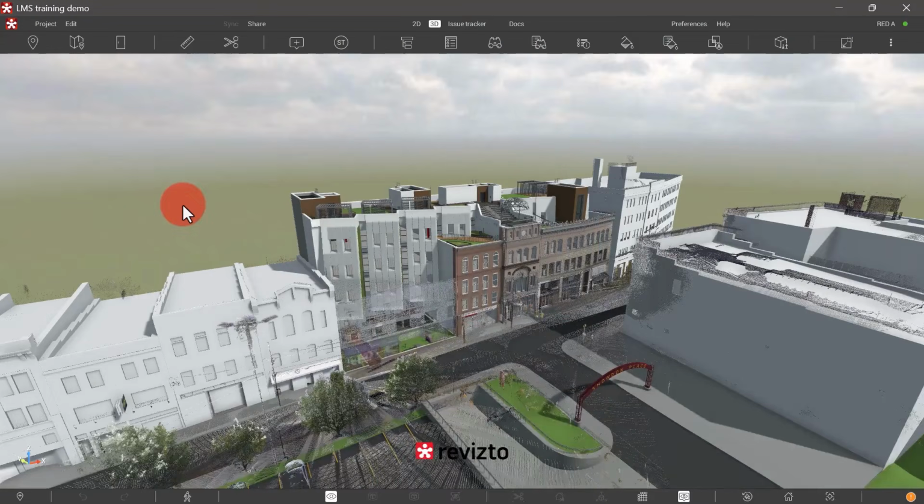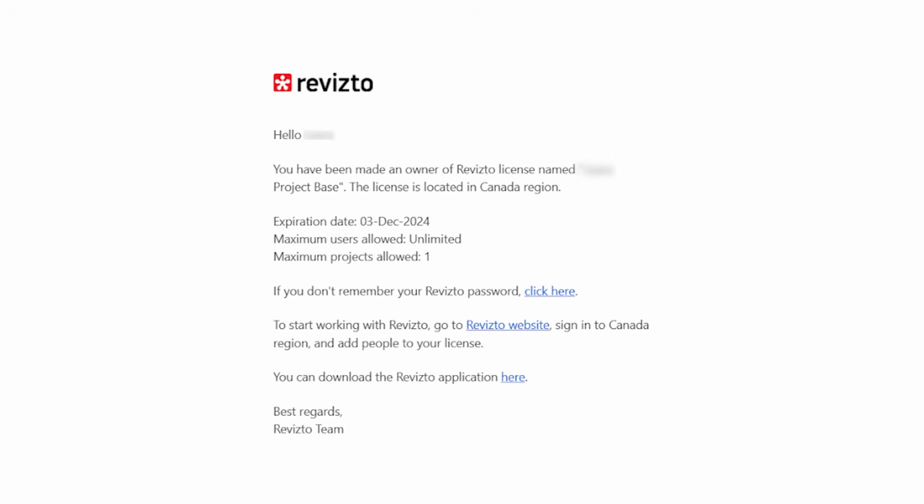To start using Revizto, you need to have a Revizto account and an active Revizto license. There are two ways to obtain an account. If you're a super admin of a Revizto license, you'll get an email with the registration link once your license